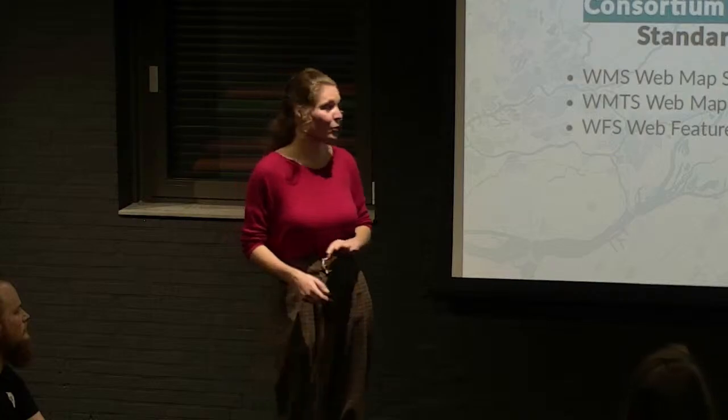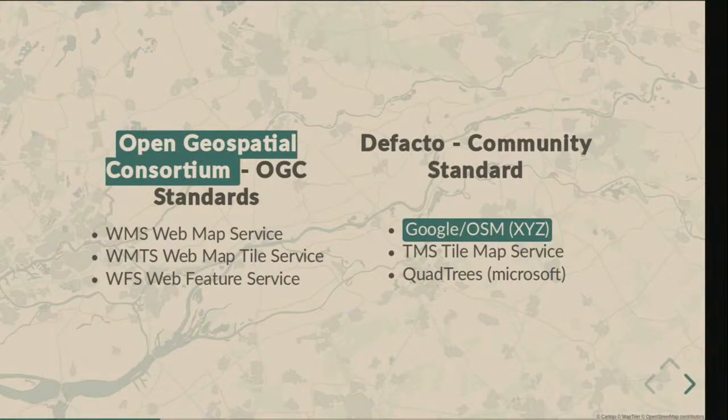So if we have a look at the geospatial domain, which is on the left, the OGC, the Open Geospatial Consortium, made standards for exchanging geo information on the web. The most used ways are WMS or WFS, which sends over images of a map or even sends over the geographic features of your data.